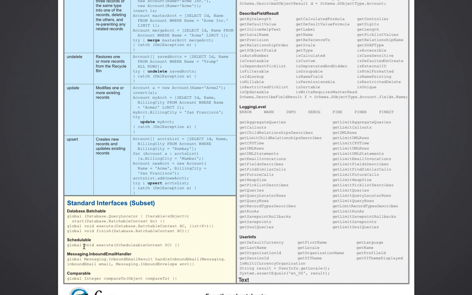Use the Schedulable interface for scheduling the Apex batch jobs. For writing batch classes, you have to implement the Database.Batchable interface, and there are 3 methods inside a batch class. One is the start method. The start method is useful to acquire the data you want to perform operations on. For example, if you want to perform operations on all the accounts,